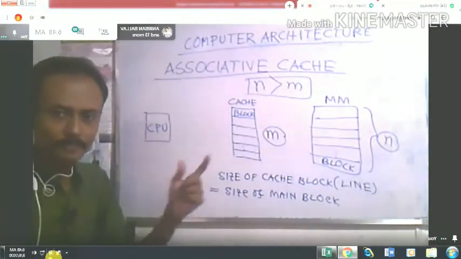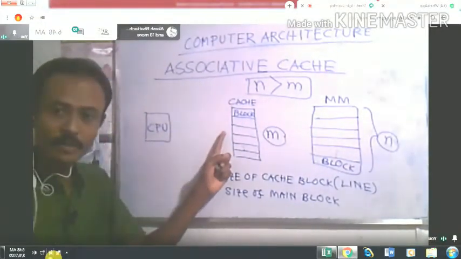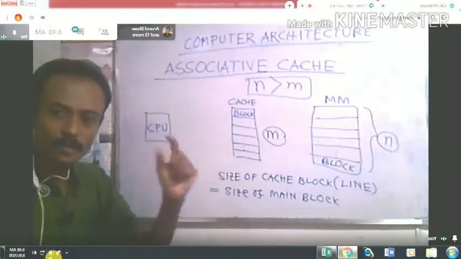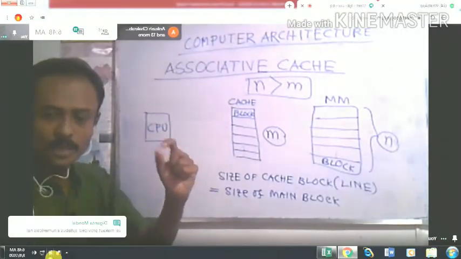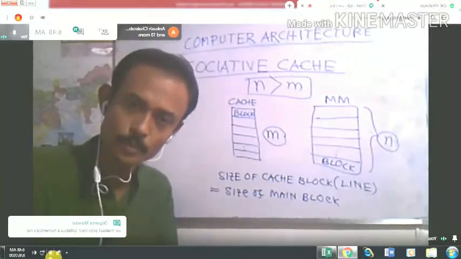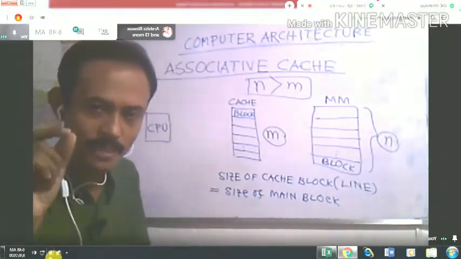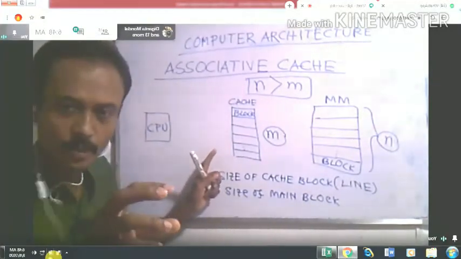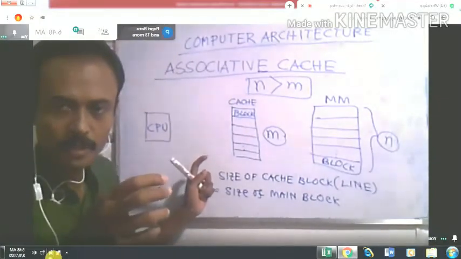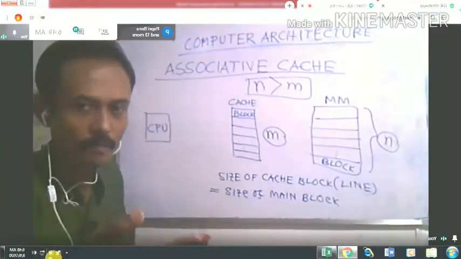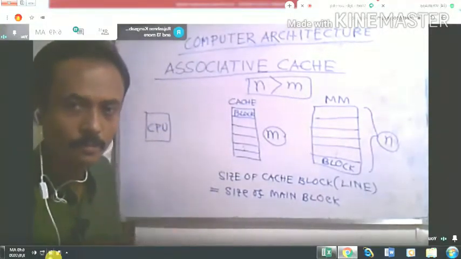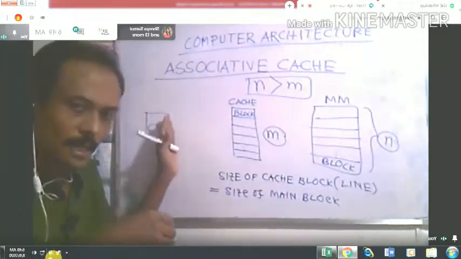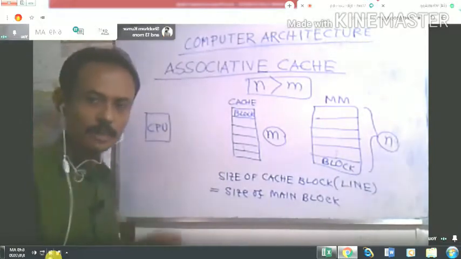But the cost of the cache memory is very high. That's why between the main memory and the CPU, we put a small but very fast memory. And what is the main purpose of putting this cache memory? The basic purpose is to access any particular word in less time, that means increasing the performance of the CPU. To increase the performance of the CPU, we use the cache between the main memory and the CPU. Clear? That is the very basic concept of the cache memory.